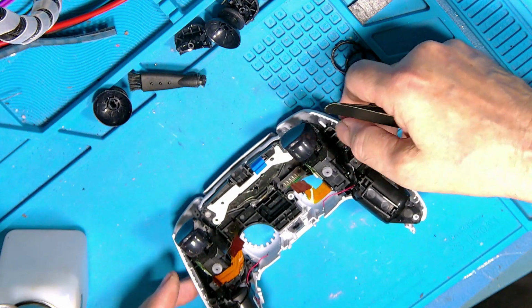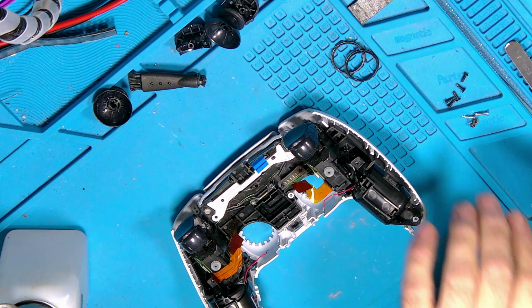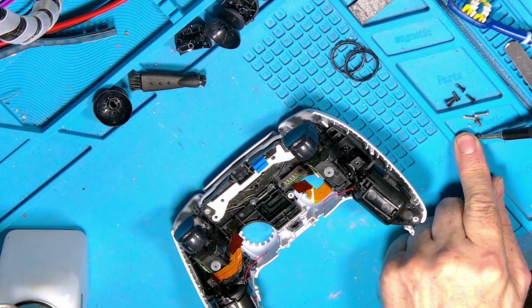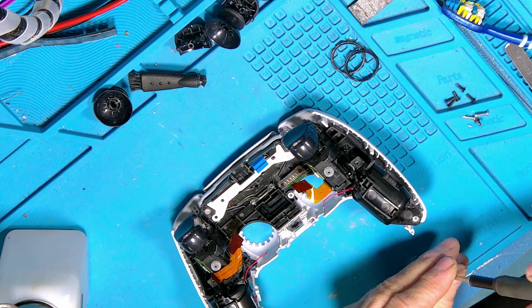And with that, it virtually just falls straight in. There's no real problems with that. And just drop in the two motor screws. So as I can see, the screws are all the same size apart from two, and that's the two that